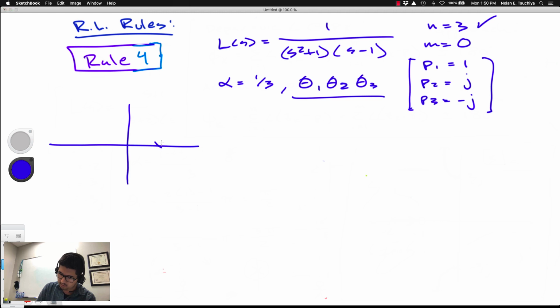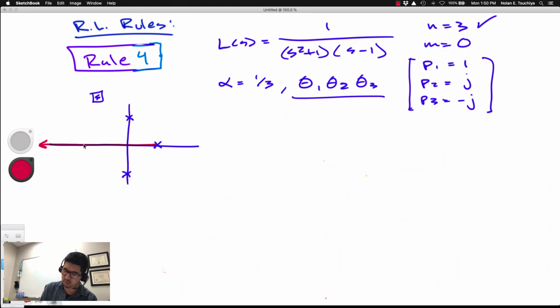Pole at positive 1, so this is unstable. And then 2 imaginary poles at plus and minus j. The root locus so far looks like this. We know that one branch is going to go to infinity along the real axis like so, because this is